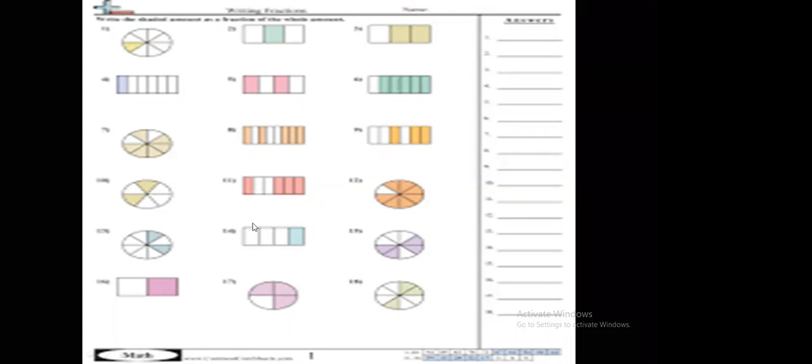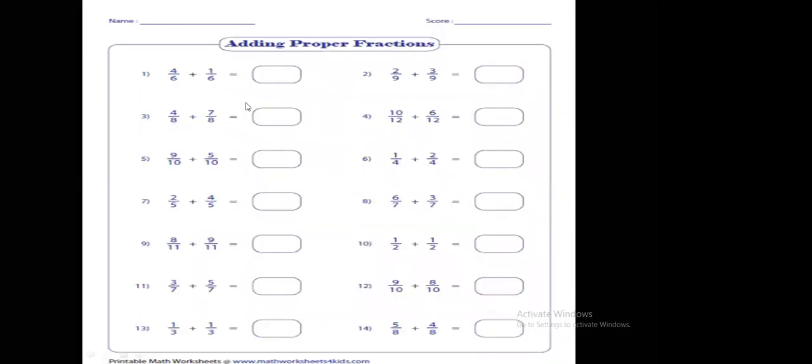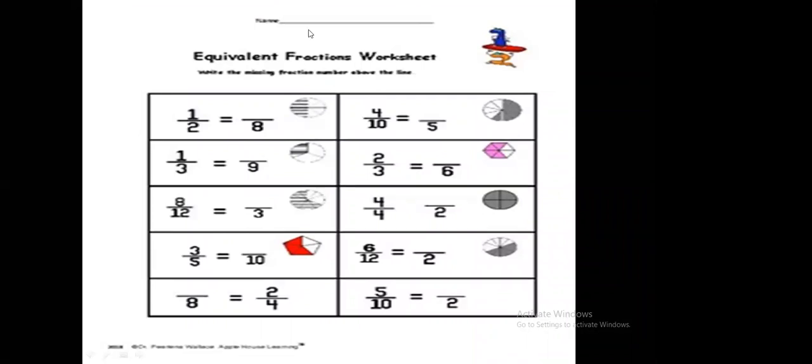We'll go to the next page. Equivalent fractions. Day before yesterday, we did this one regarding the equivalent fractions. This is half. This is 8. So this is 8. Then what is the number? What should the next number be? This is already equivalent fractions, no? If this is 8, to get the 8, we have to multiply it by 4, right? 8 divided by 2, 4. If you multiply this 2 by 4, we are getting 8. If you multiply this one by 4, definitely you have to multiply this also by 4. Teacher, the answer is 4 over 8.